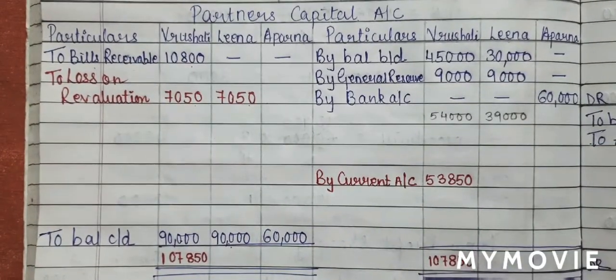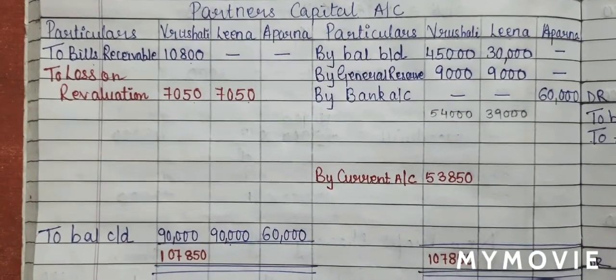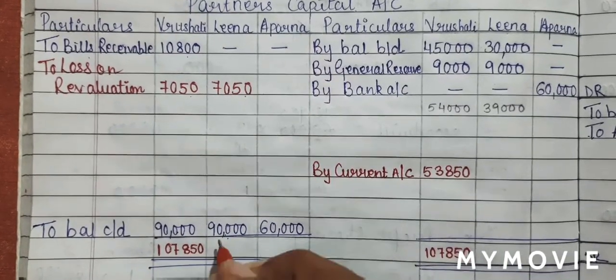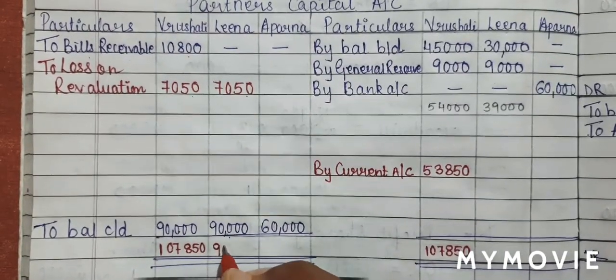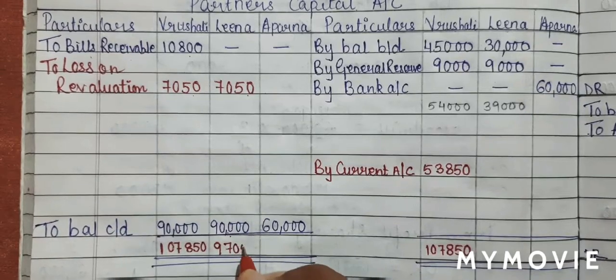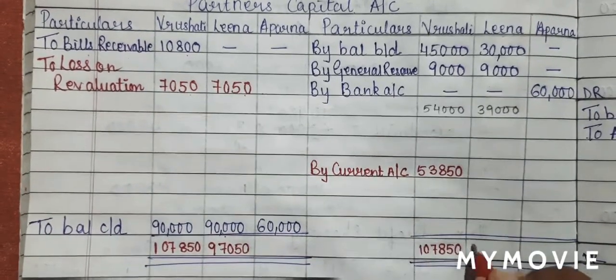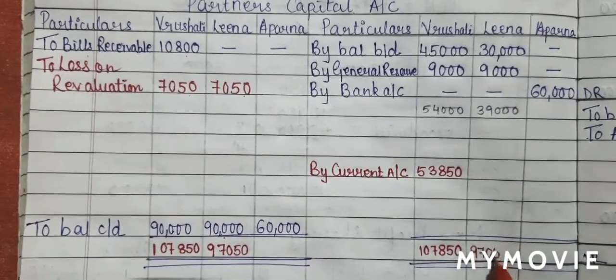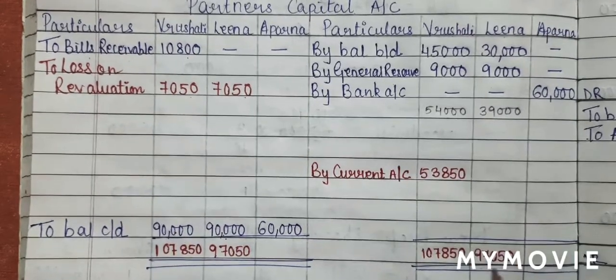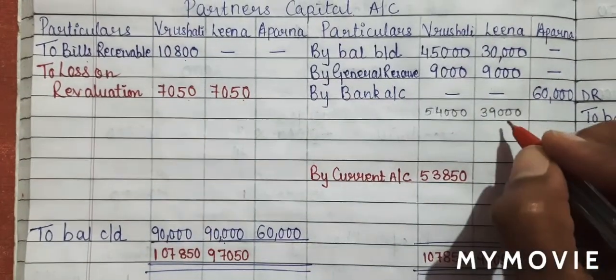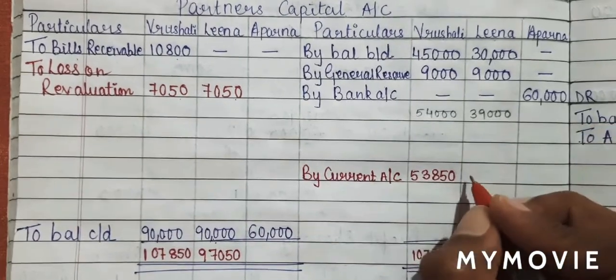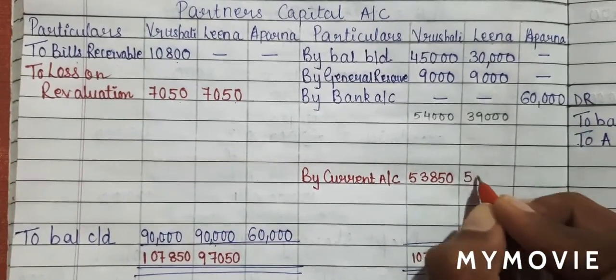So if you see, our debit total is greater than the credit total. So let's write the bigger total on both the side. 97,050 will be written on both the side. From 97,050, I'll minus 39,000. I'll get a balance of